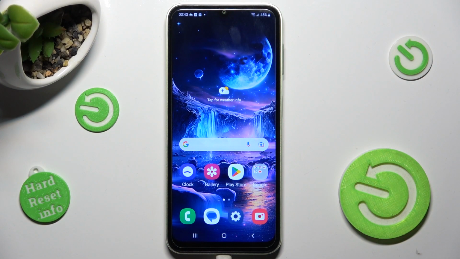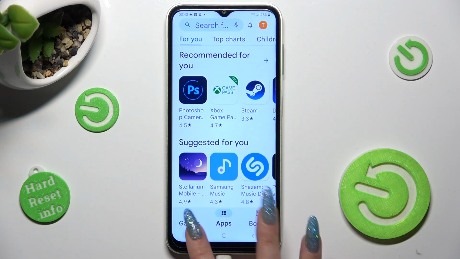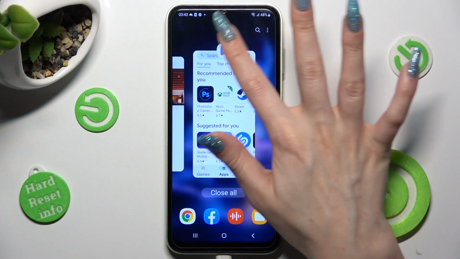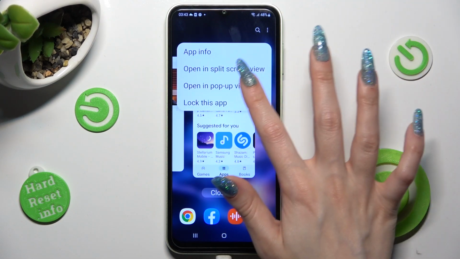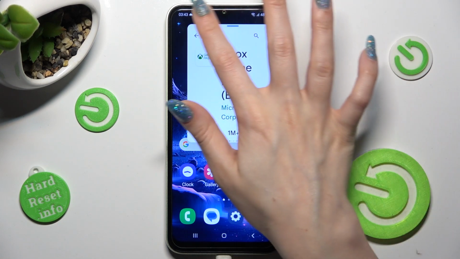First of all, select one of your apps that you wish to use in this view, like Play Store. Then access background apps and click on the icon of your app. Finally, click on Open in pop-up view and as you can see, now I can use my app in this